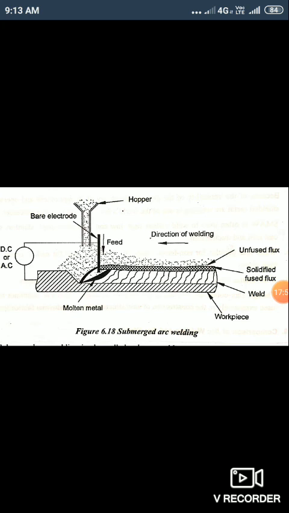Application: the submerged arc process is widely used in heavy steel plate fabrication work. It includes the welding of structural shapes, longitudinal seams of larger diameter pipe, manufacture of machine components for all types of heavy industry, and manufacture of vessels and tanks for pressure and storage uses. So it can be used in the field of pressure vessels, boilers, tanks, nuclear reactors, chemical vessels, etc.